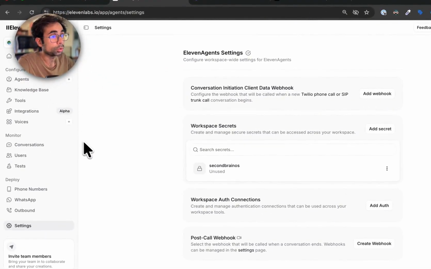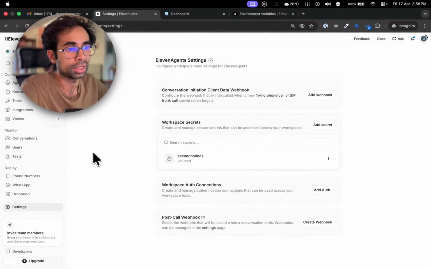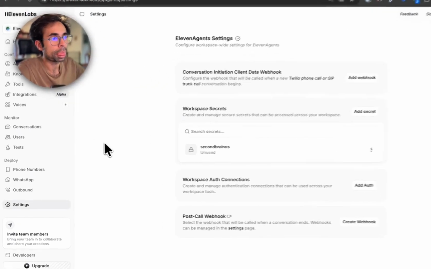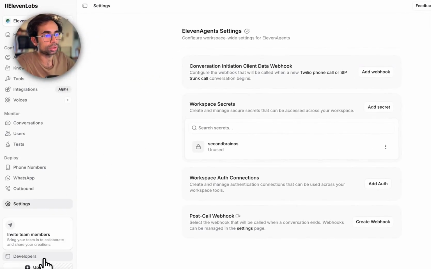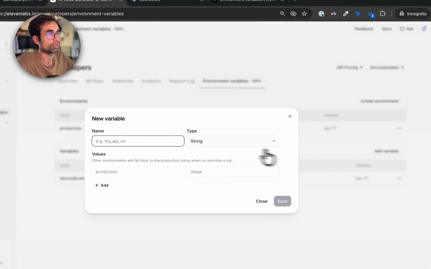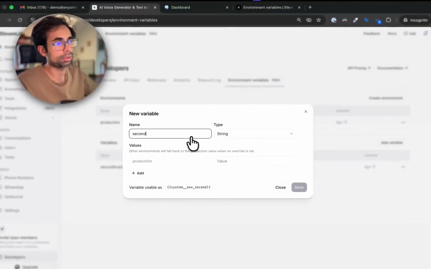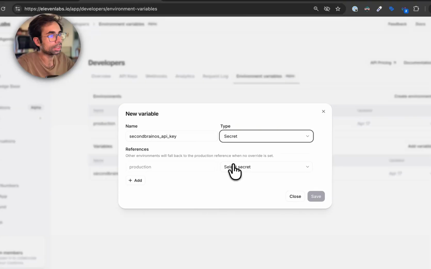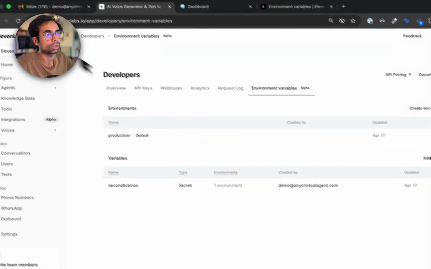Now, the next thing you need to do once you've configured a secret, and don't get annoyed by this, is that 11 Labs has changed the way API keys and secrets can be used. So what you simply want to do is go into developers and go into environment variables, add environment variable, and call this second brain OS underscore API key, or whatever it is that you want to call it. And over here, choose secret, and then select the existing secret that you just configured. If it doesn't appear here, you can refresh the page,